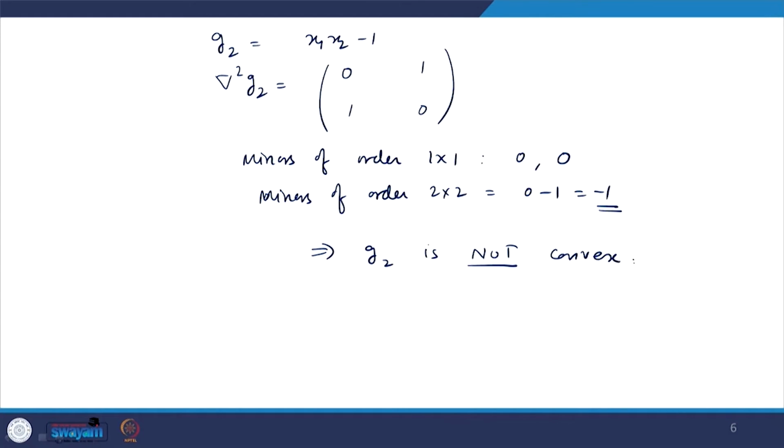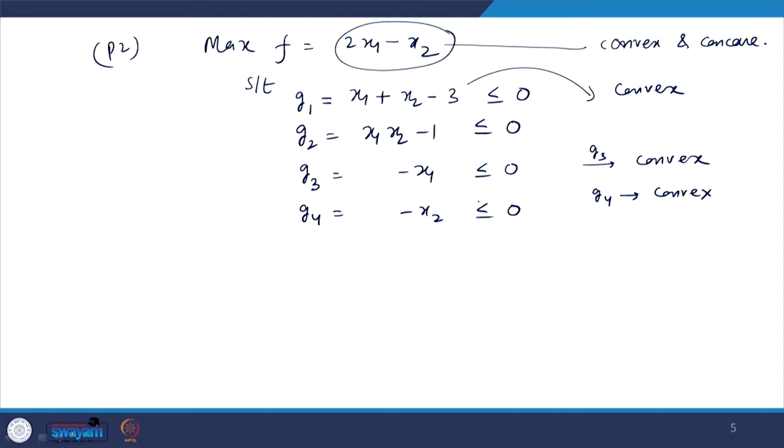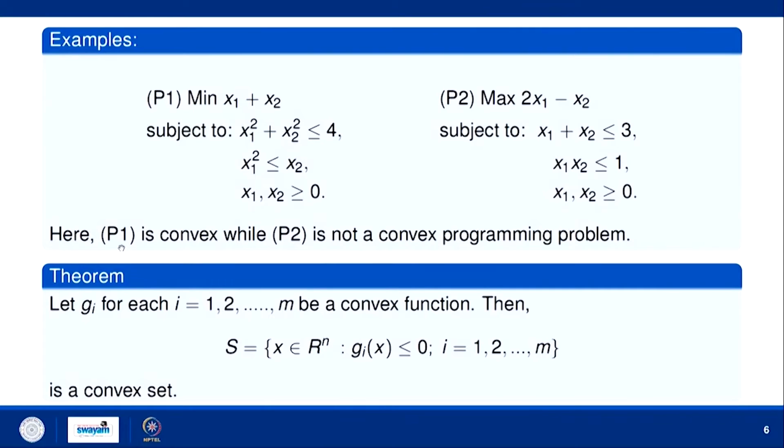So, what have we concluded? In this problem, the objective is convex and concave both, G1 is convex, G3 and G4 are convex, but G2 is not convex. So, this implies that this problem P2 is not a convex programming problem, because the objective function as well as all constraints must be convex, for a minimization type objective with all constraints of less than or equal to type. So, hence we have concluded that P1 is a convex programming problem and P2 is not. Now, we have an important result: if Gi for each i are convex functions,